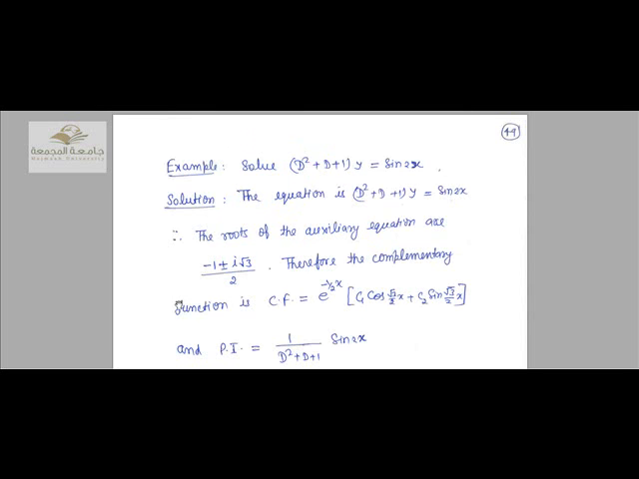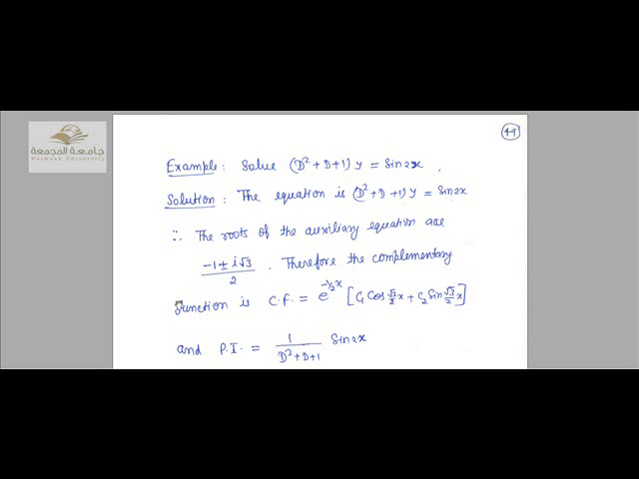Another question: solve (D² + D + 1)y = sin 2x. The equation is (D² + D + 1)y = sin 2x. The roots of the auxiliary equation are −1/2 ± i√3/2. Therefore, the complementary function is